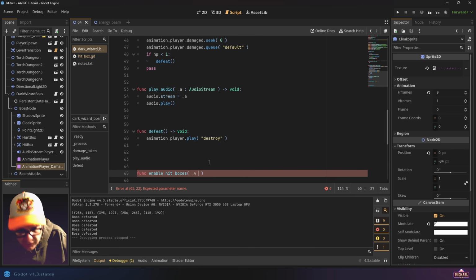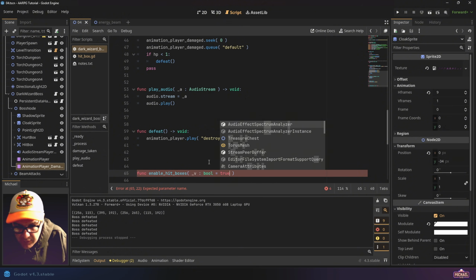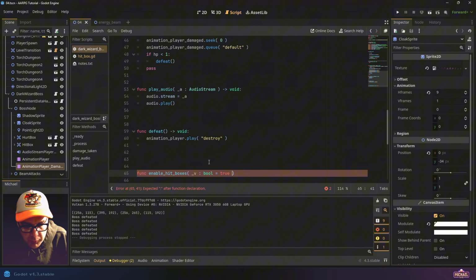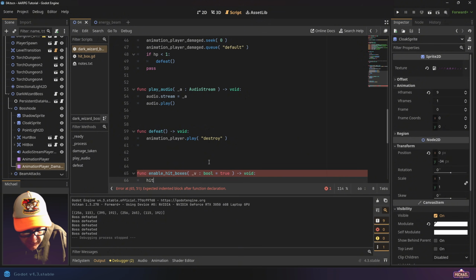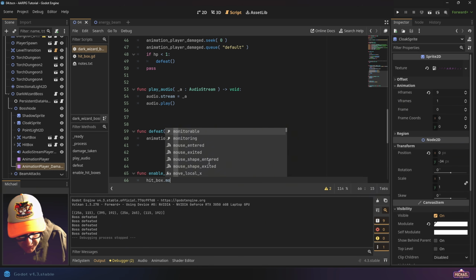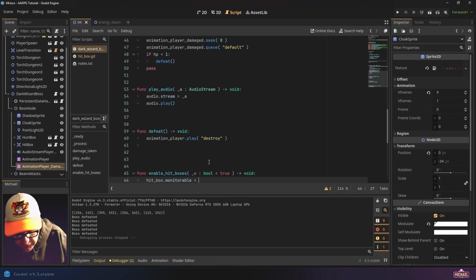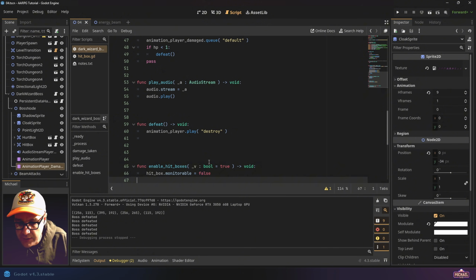So I'm just going to say _v for value of type Boolean, and by default that equals true. So if you just call enable hitboxes, it's going to enable them. Okay, and this does not need to return anything. And then what we'll do is we'll say hitbox dot monitorable equals false. Okay, so the hitbox, the one that is damaging the player, will not be looking for